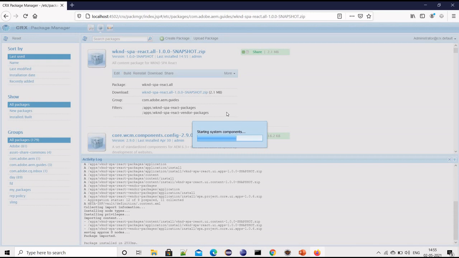It might take 2 to 3 minutes to install all these packages. Since it's taking time, you guys can maybe double the speed of the video.